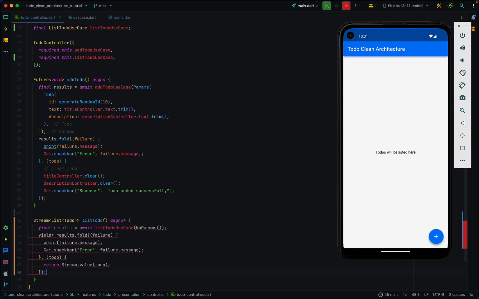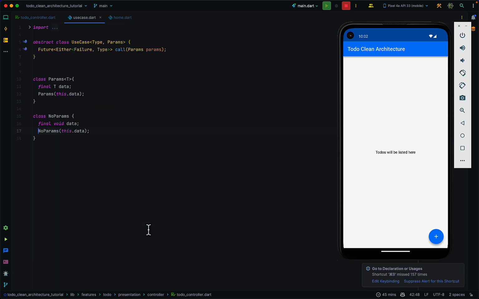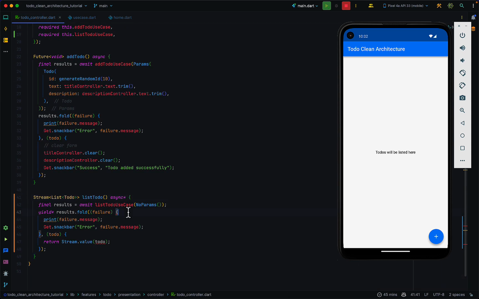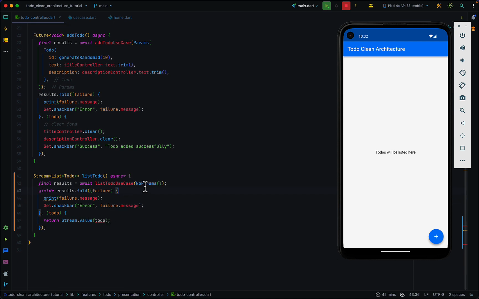and then passing no params, right? So no params is a class we created that doesn't take in any params, and if I inspect that, unfortunately we are taking something over here, so I'm going to clear that. So no params is just an empty class here, and then what this method is going to do is that just like how we yielded in the remote database, we are going to do the same over here. So we are going to yield